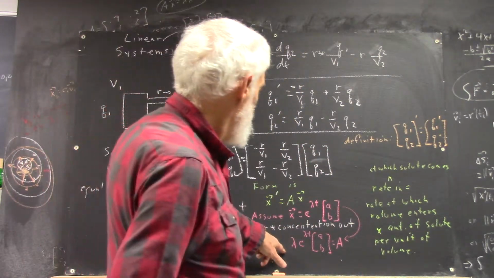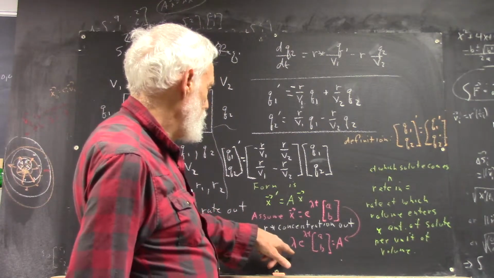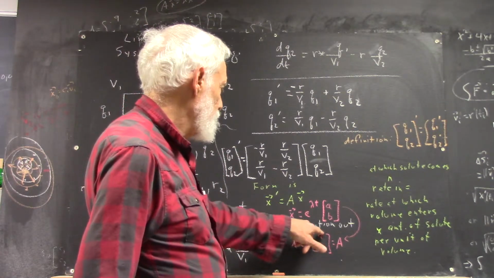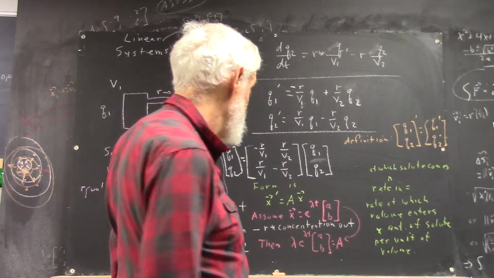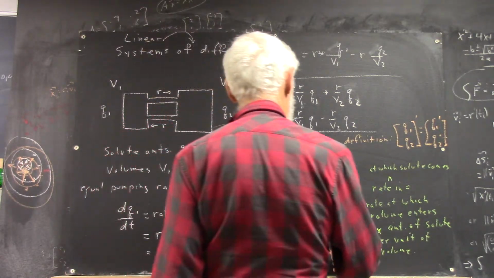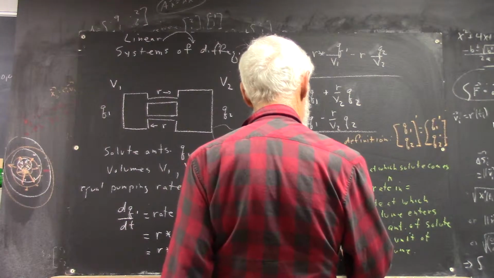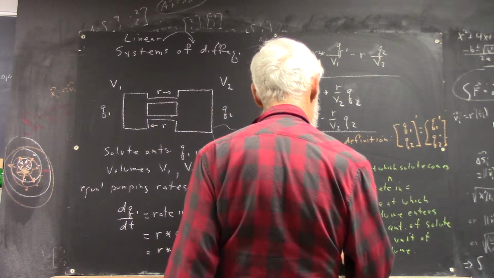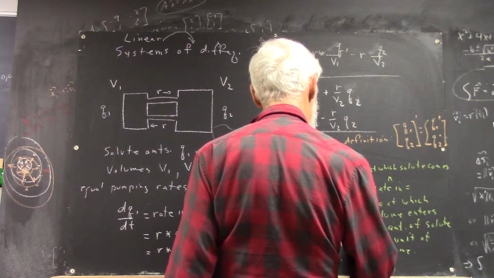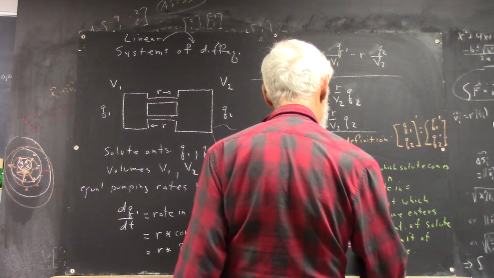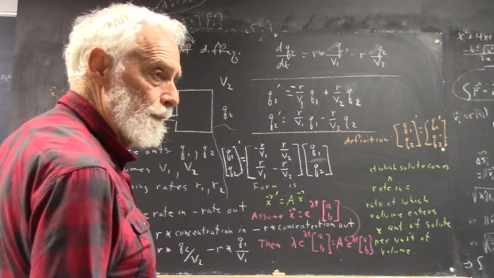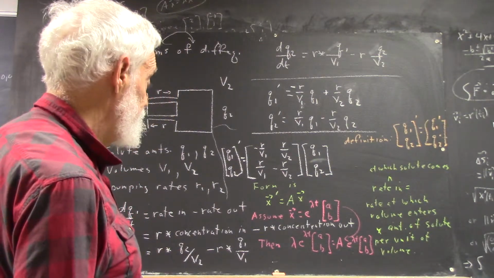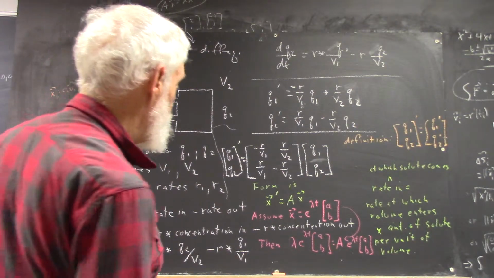Okay. Left-hand side just becomes lambda e to the lambda t times your AB vector, right? And that's going to equal your matrix times e to the lambda t times your AB vector. Okay? So that